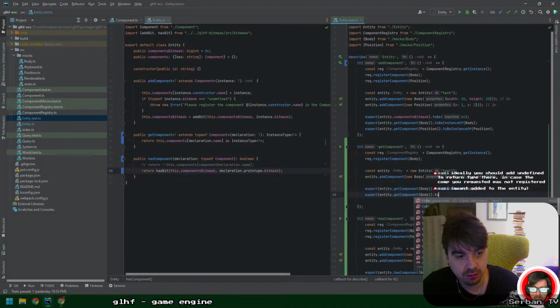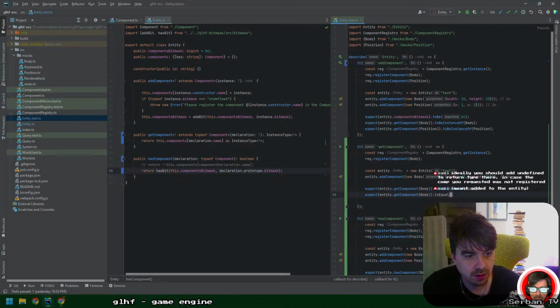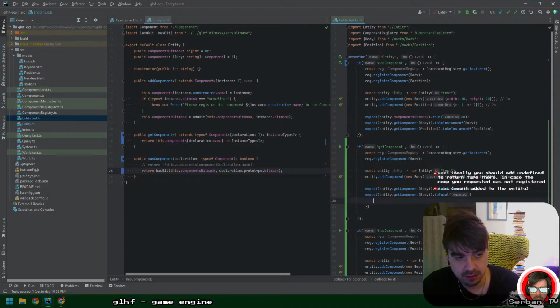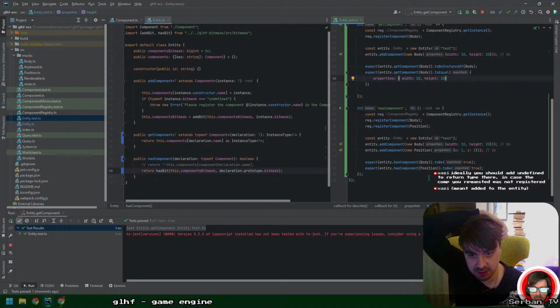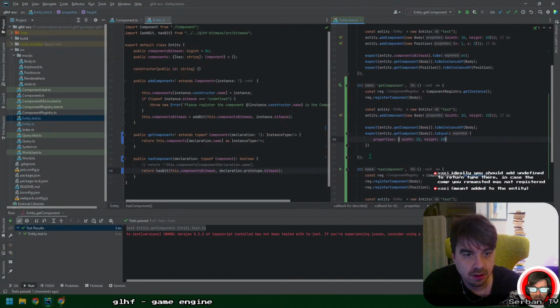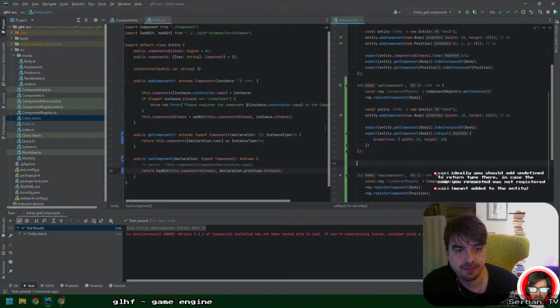Expect body to equal. Let me see if this works. Properties with, I'm not sure if it works like this, but and then to do the negative test, it works. Get component exception if